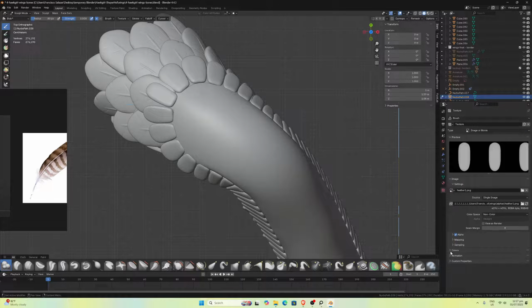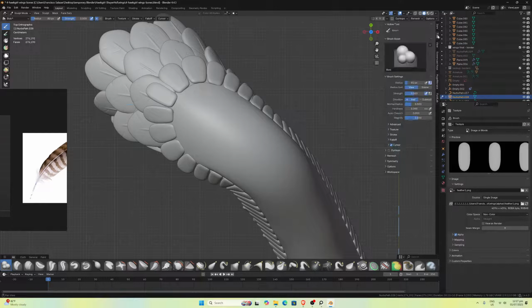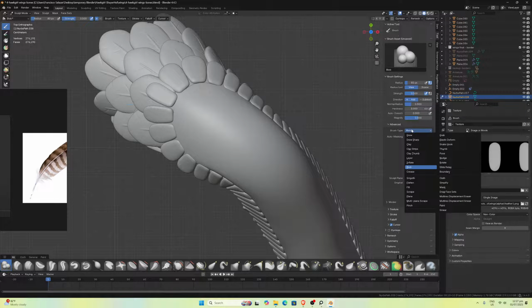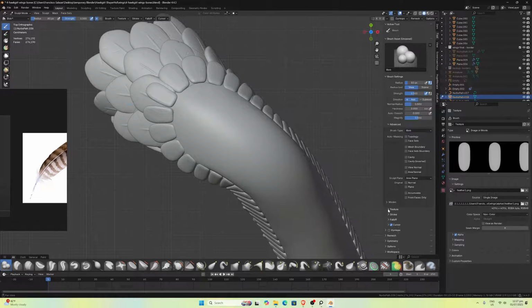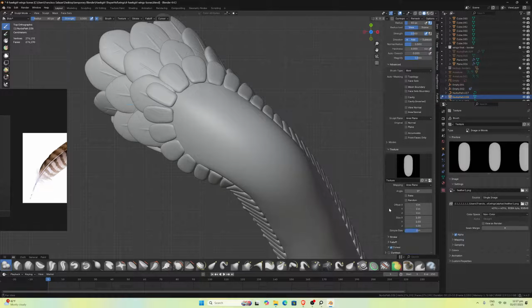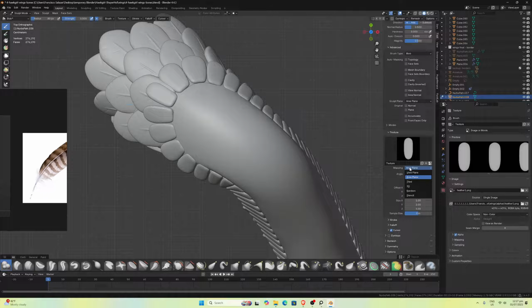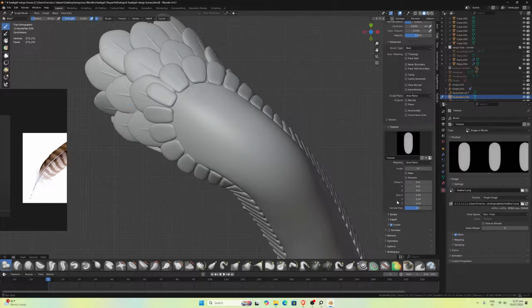This is the tool here. Advanced, sculpt area plane. But there should be another mapping, area plane. You can try a stencil, but